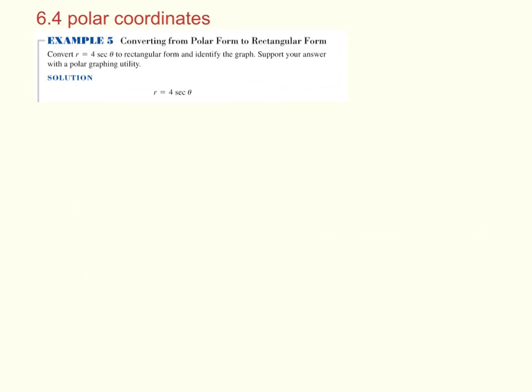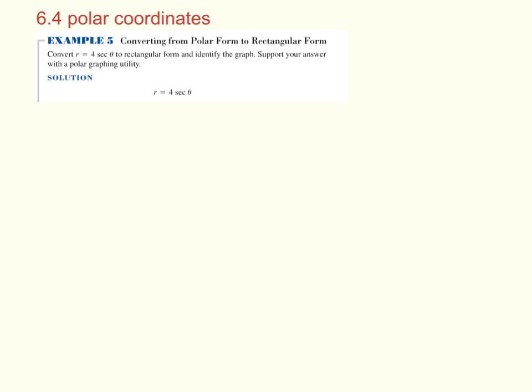Alright, so example 5, this one's really straightforward once you see it. When you don't see it, you're like, I got no clue what's going on. So pay attention real quick to this. First off, we see all we're given is an R value, what R equals, and that's why this at first looks like a total curveball. But if we just do a little bit of math real quick,